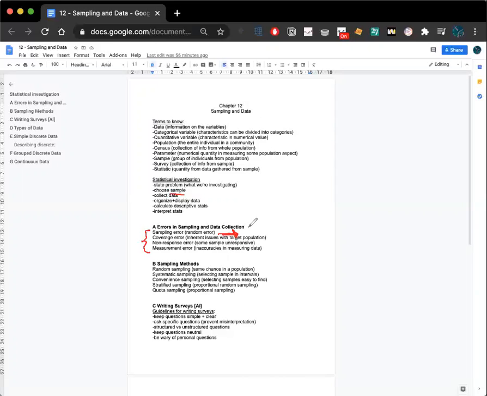A way to avoid sampling errors generally is to increase your sampling coverage, or just increase the amount of sampling that you're doing, because sampling error is more of a random chance error kind of thing. So to decrease that random chance of error by increasing the samples that you have,